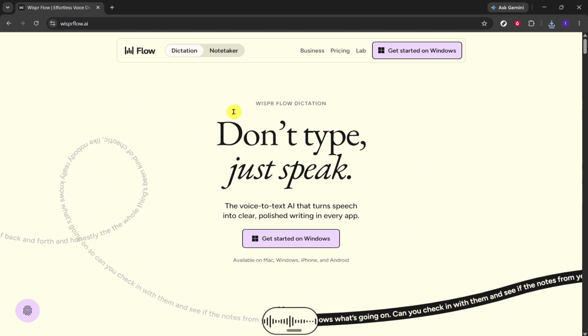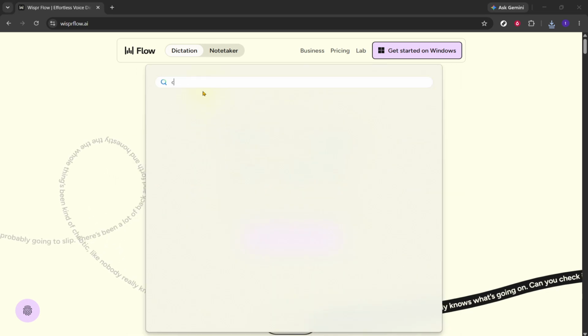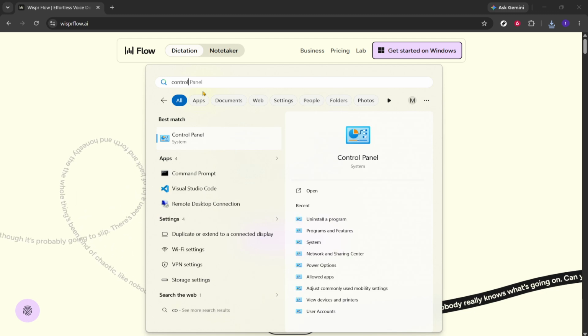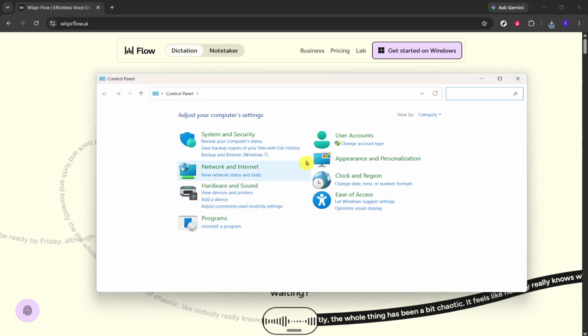To begin, go to your Windows computer and open the control panel. An easy way to do this is by pressing the Windows key on your keyboard and typing Control Panel into the search bar. Once it appears in the search results, click to open it. If you do not see it right away, just make sure the spelling is correct and give it a second